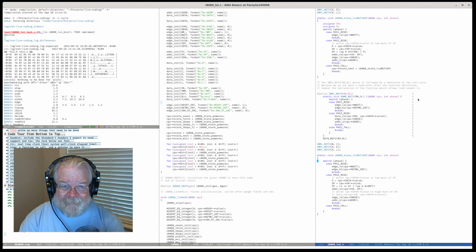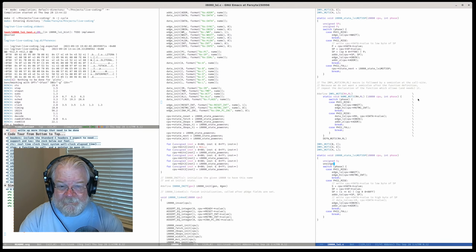Almost goofed there. Unsigned S and unsigned SP.